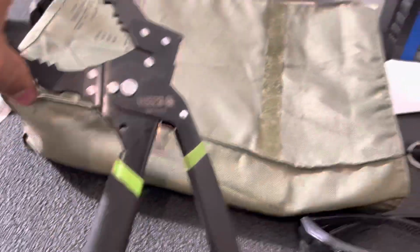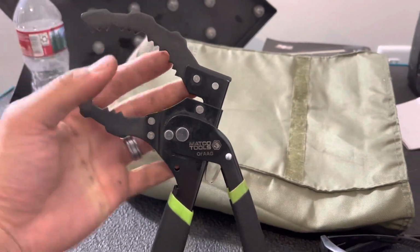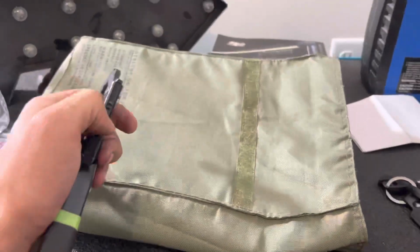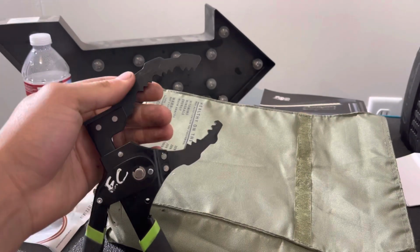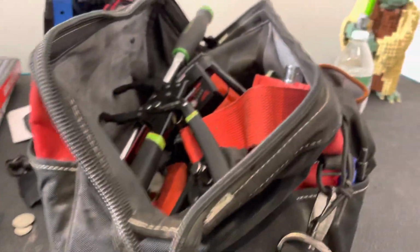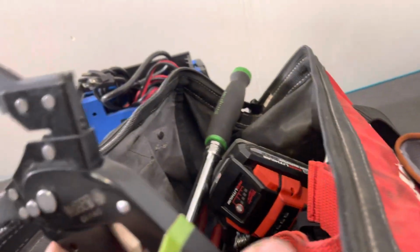But they're extremely handy. I would take these any day over the old school ones, just for the simple fact that you can almost like ratchet on there, and they're just super, super handy. But I just think for the type of plier it is, and just knowing that people are going to abuse them, and especially with how big they open. I mean, you can get your tool on a pretty big size filter with these things, which is pretty cool because there's not something, at least that I found, that's as handy as this one, I think. I don't remember, there's one that's similar to this one that I've seen on another channel, but anyways,